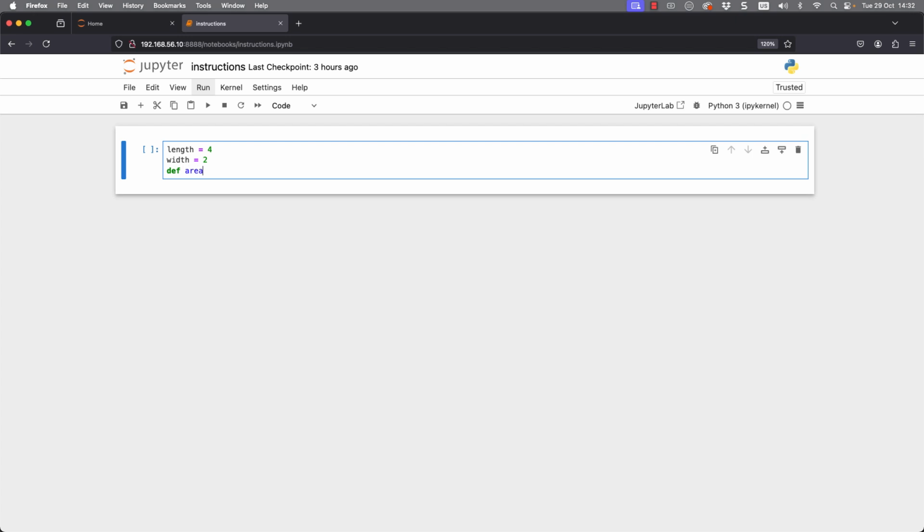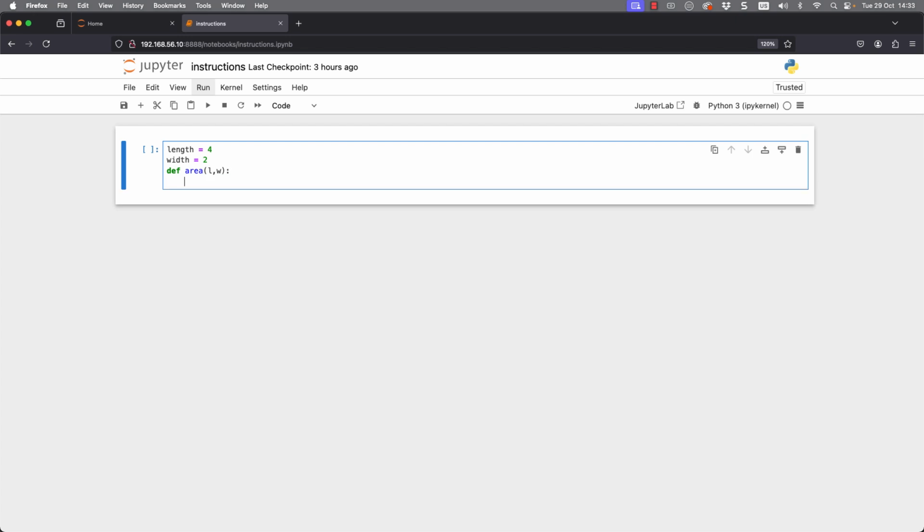Now, if we look at something that's a compound instruction, that would be the definition of a function. So we can create ourselves a very simple function to calculate the area of a room. So we can have area, and then we can accept incoming arguments that are going to be passed through as parameters through to our function. So I'm using L and W for length and width, but they could be called anything. X, Y would also work. We put in our colon,